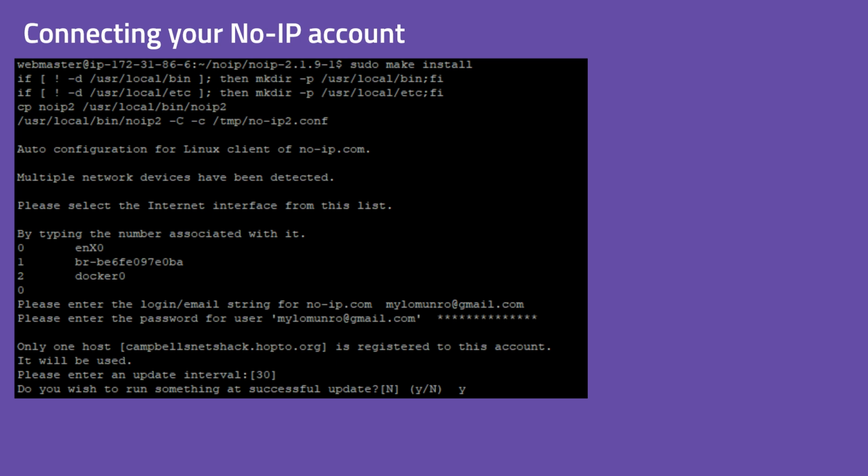And now that we've contacted the website, we need to type the number associated with the internet interface. In this case, I think it was 0, if I recall, and then enter our account credentials for NoIP. NoIP is where our domain is being hosted. Campbell's network, netshack.hopto.org, is where our address is hosted on NoIP. So in this case, I just entered my credentials and my password,